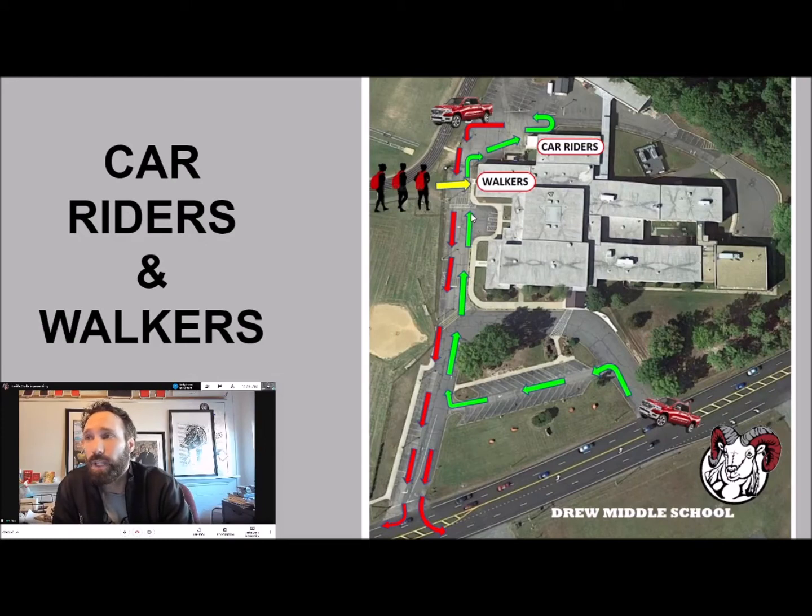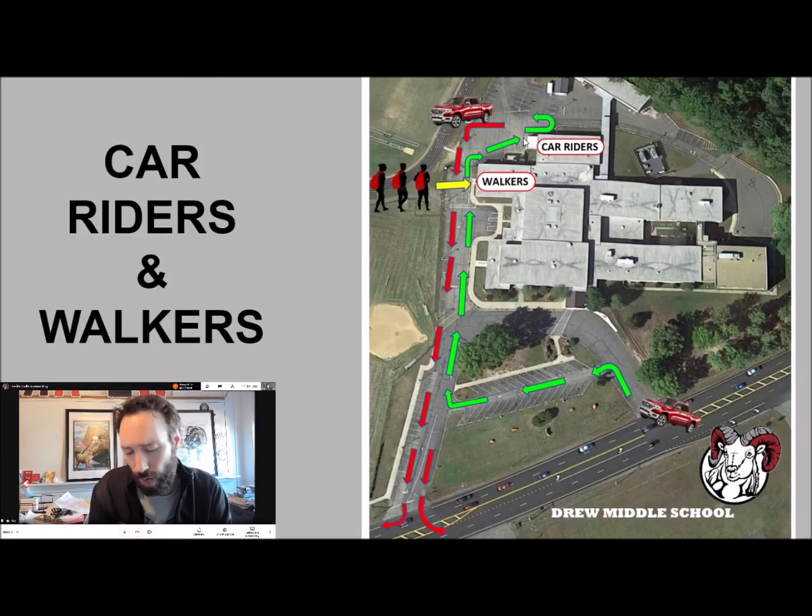Car riders, your parents will be, unless you're driving, you're not, I hope. Anyway, car riders, parents will be directed to the back of the building, as we've been doing this year for textbook distribution. And we're going to drop you off where there's a back door there by the cafeteria. Your car will pull up.